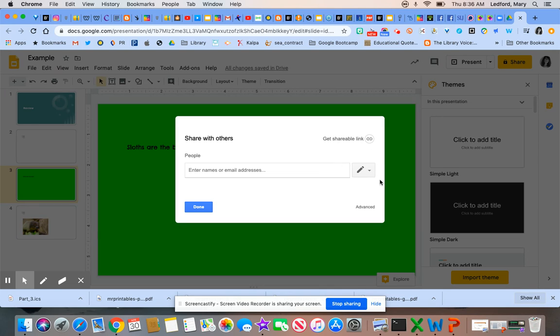Now remember, we learned that this icon right here means that whoever you send this to has the right to make changes. So if you have a good friend and you're working on something together, that's fine. But if you're sending it to somebody you're not so sure about and you only want them to view it, you're going to go down here and change it to the eyeball and then type in their email